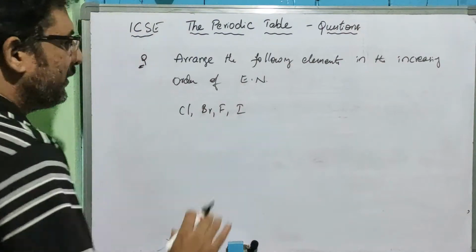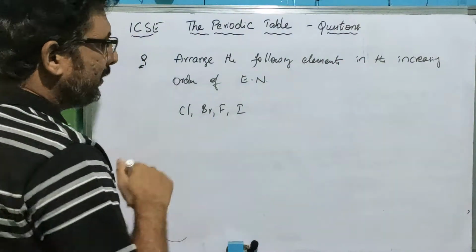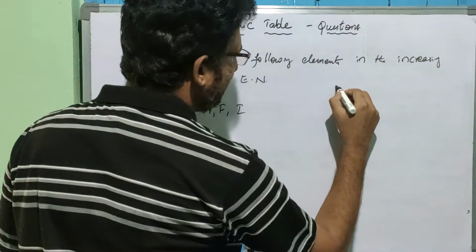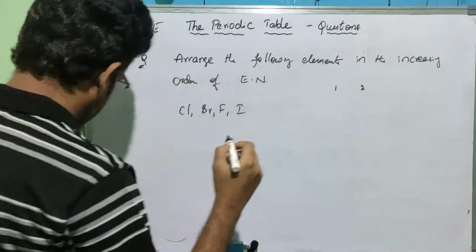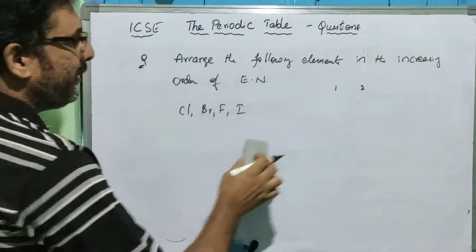So now these elements are given. So before solving this type of questions, let's write the elements as per the groups and periods in the periodic